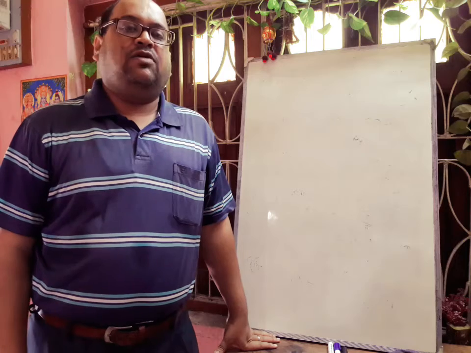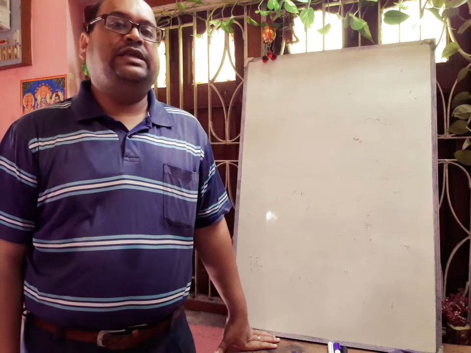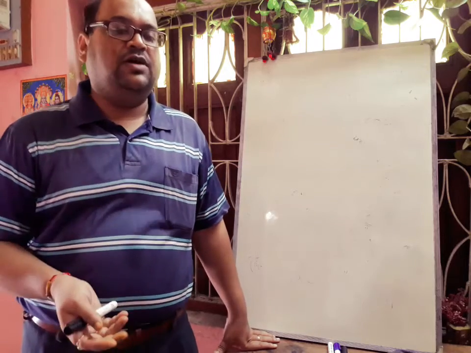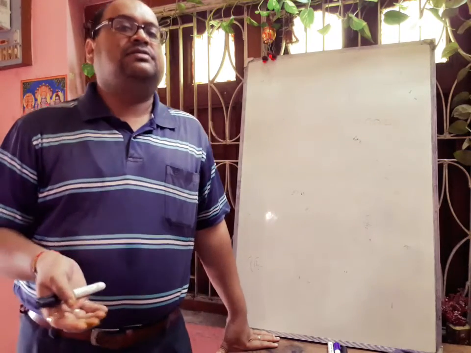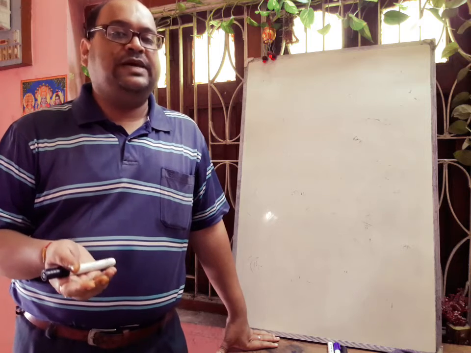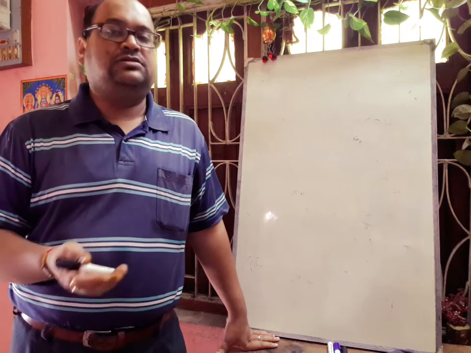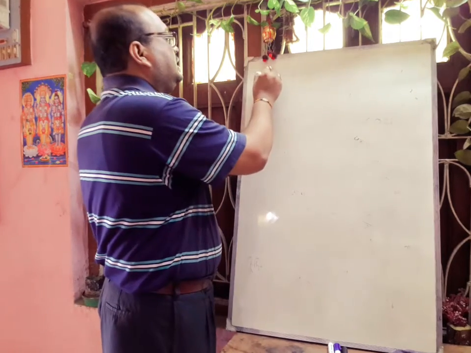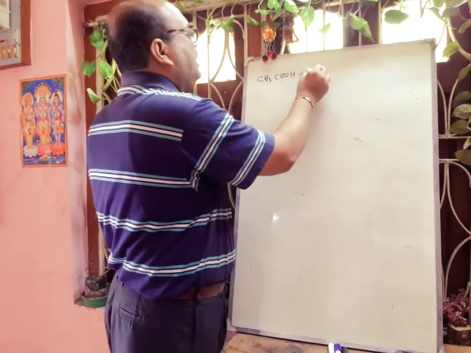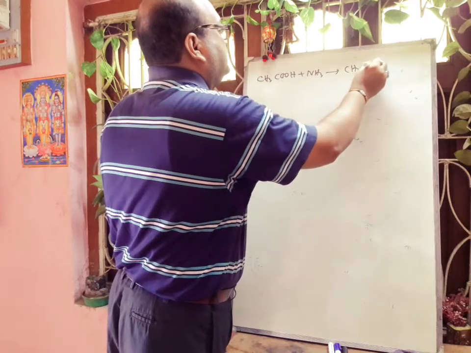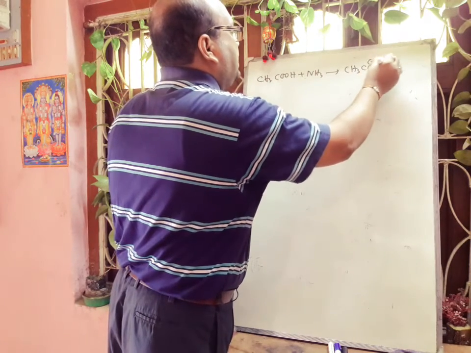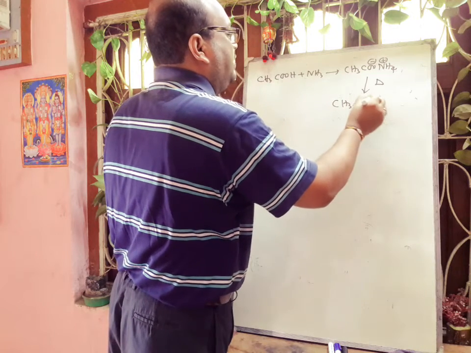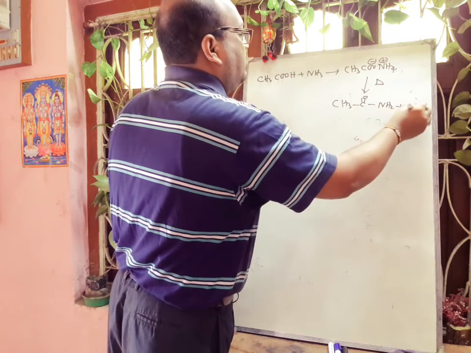Next we will discuss the conversion of acid into amides. If we take any acid and react it with ammonia, first it will form the corresponding ammonium salt, because ammonia is basic in nature and carboxylic acids will react with this base forming a salt. If we apply heat to this ammonium salt, it will form amide and water. So CH3COOH will react with ammonia, forming the CH3COO minus NH4 plus ammonium salt, and if we apply heat strongly, then it will form the acid amide, plus water.